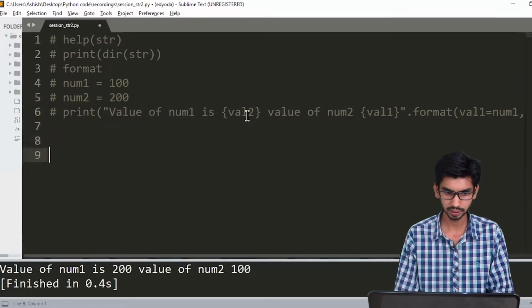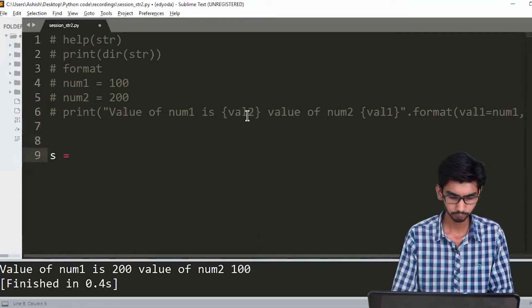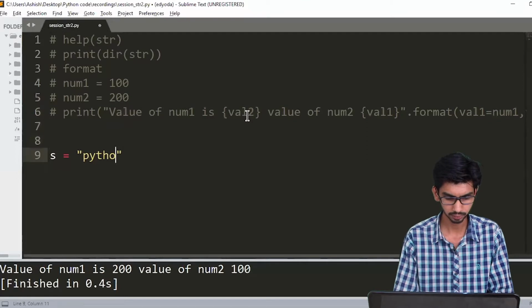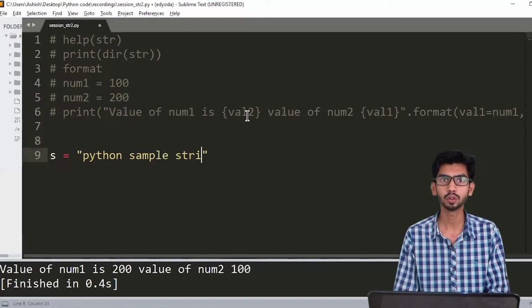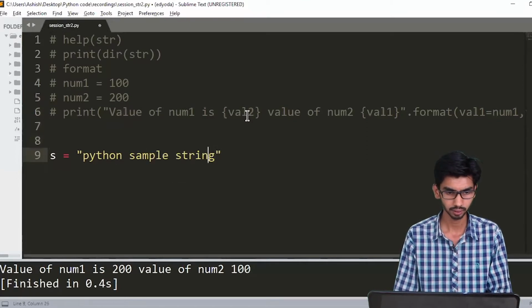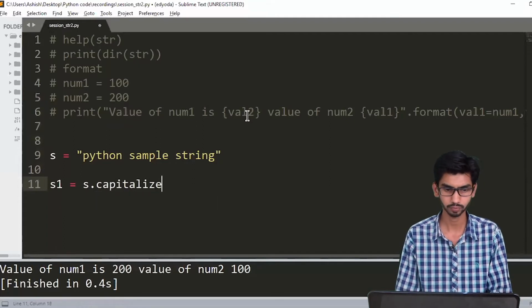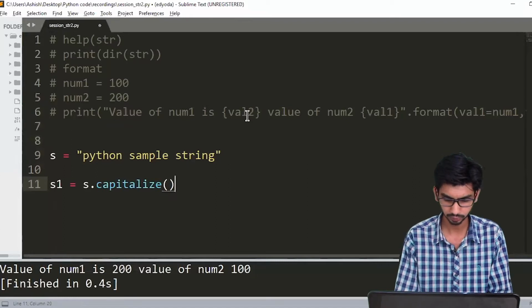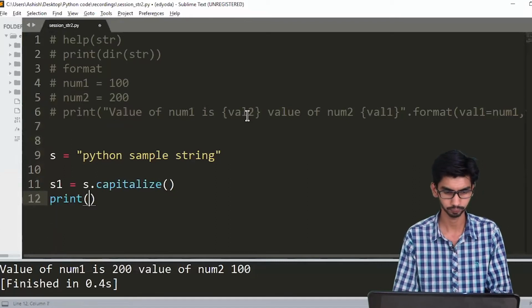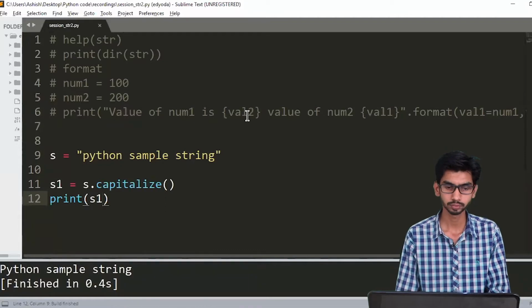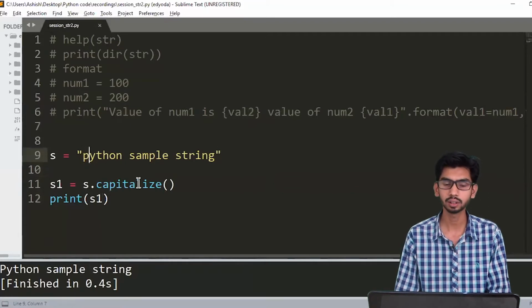Let's say you have a string s is equal to "Python sample string". You want to convert it to uppercase. I am saying something like s1 is equal to s.capitalize(). Okay, and let's just print s1. So what this will do, it will convert the first character to uppercase and all other characters will be